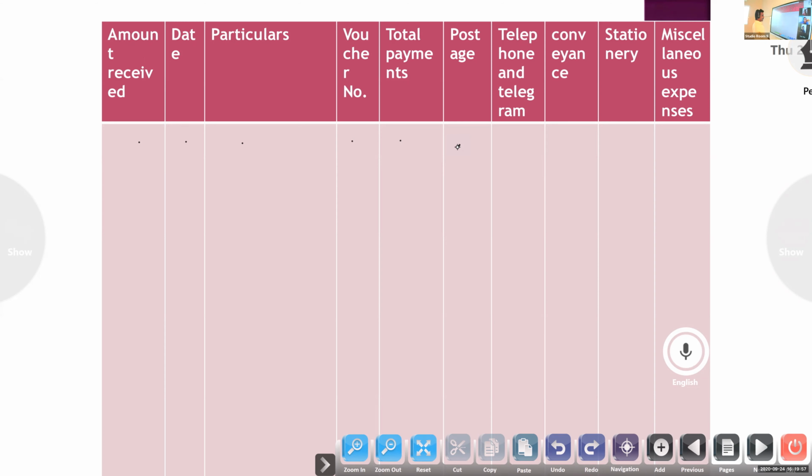Okay, suppose in the beginning we said we are following the imprest amount. So the entry will be, if it is a petty cash account, the petty cash book. So this is the analytical petty cash book. Suppose 2,000 should be there. So what do we have to write? The entry will be